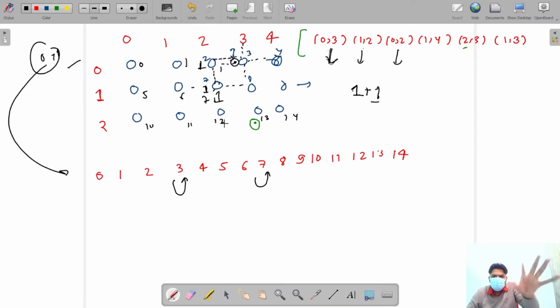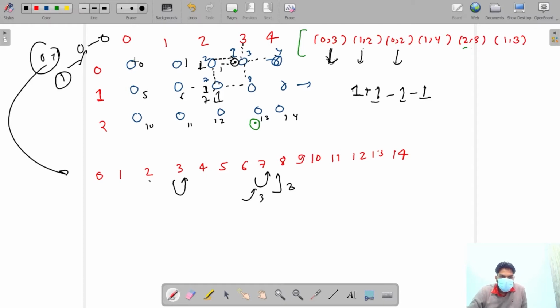Then it makes another pair, and another pair. This 2 makes another pair with 7, and 3 also makes a pair with 2. So 3 can also point here. So it decreases the value, because when two islands merge, the value decreases. Why? This island,